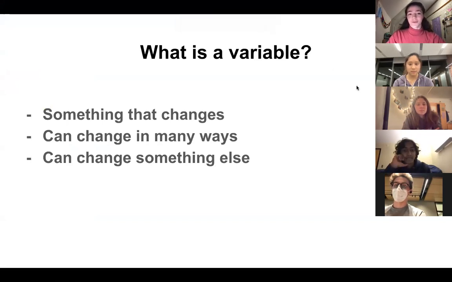So what is a variable? In its simplest terms, a variable is anything that changes. This can be your height, the temperature in a room, or how much you slept last night. It can be so many different things. It's just anything that changes, and they can change in a lot of different ways. Something we're going to go into in just a minute is that changing one variable can cause another variable to change. And this is present in everyday life. So for example,